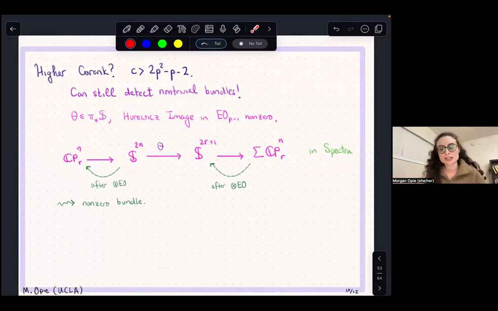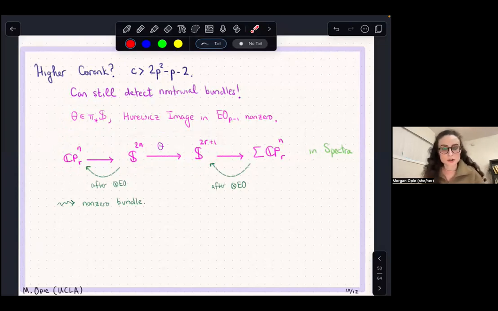Now, this problem is kind of overdetermined because which cells in CPNR or EO split is something that you don't get to choose. For a given co-rank, this is quite a constrained problem. But given that you know which cells are EO split, you can look for elements of the correct degree in the stable homotopy groups of spheres,